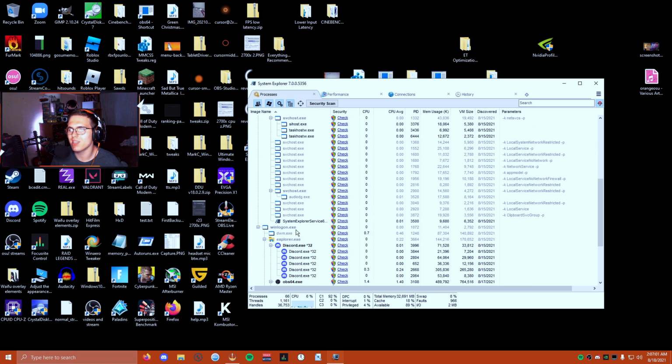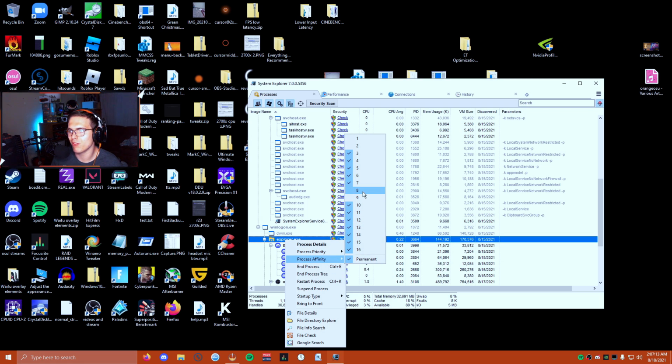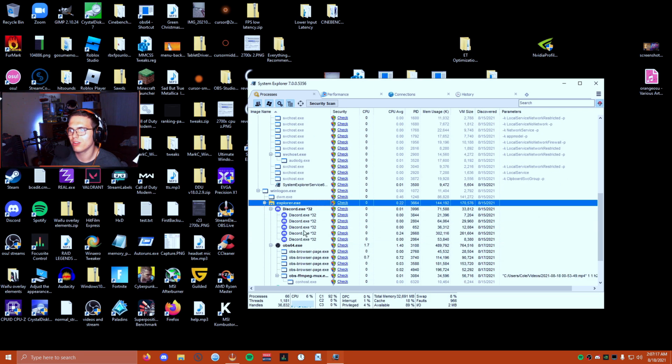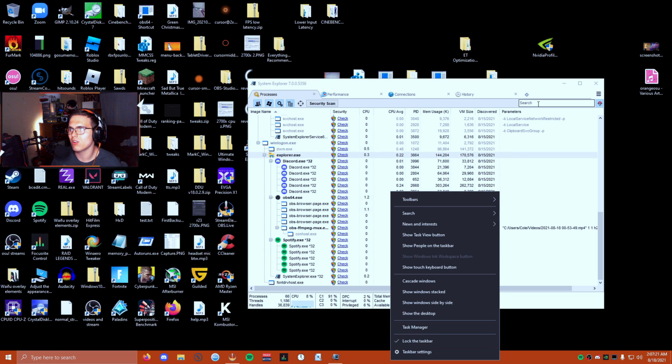We're gonna keep scrolling down here. I have Discord open, so just ignore that. The explorer.exe should be set to a high priority and have that as permanent. The process affinity, you should do the same thing and unpin it from whatever cores you set on the affinity tool. And as for a couple of these other things, there's a service called